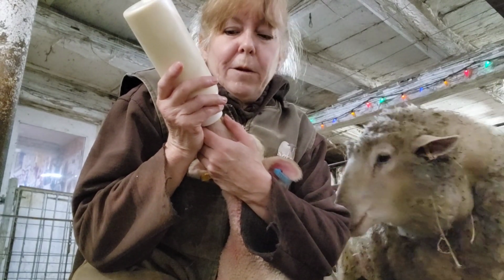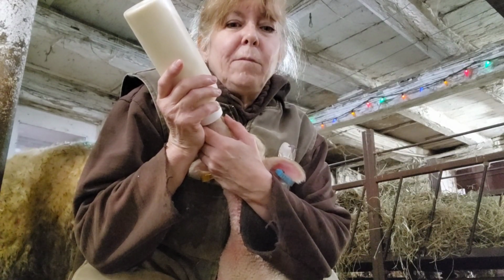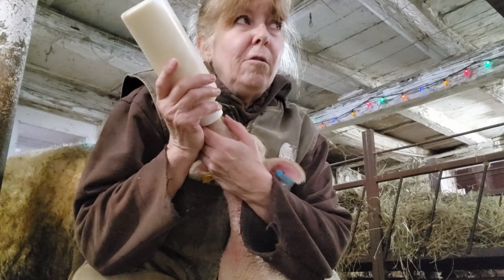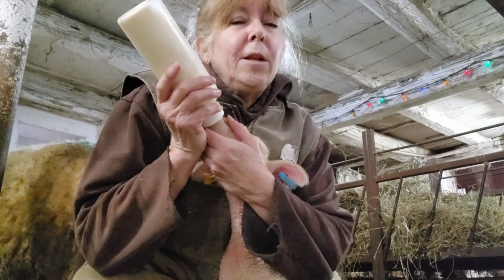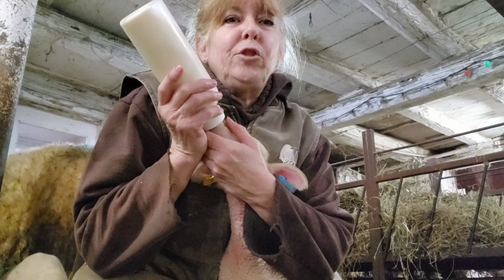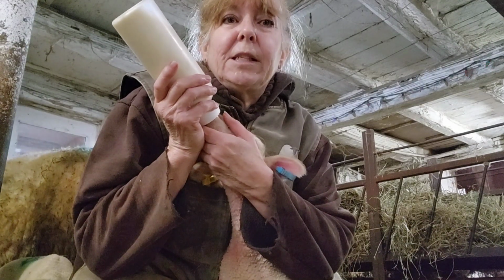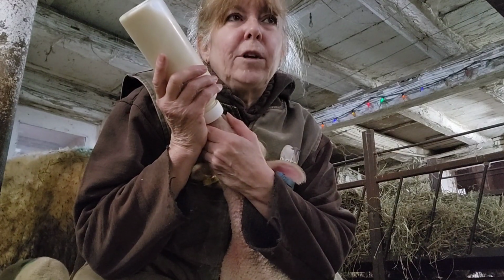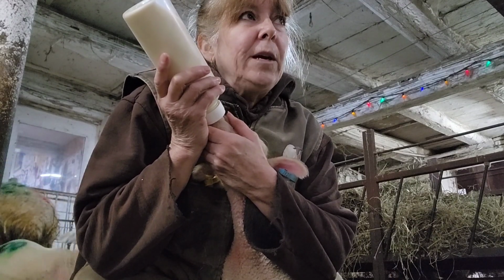But I do it right away while they're in the jug and young, because if I leave them with mom and wait until they start showing signs of being hungry or maybe not doing as well and try to put them on a bottle, one thing you learn very quickly with sheep is that if you do wait like that, chances of them taking a bottle are really, really small. If you think you're going to have bottle babies, you should really start just feeding them a little bit like this every day, because